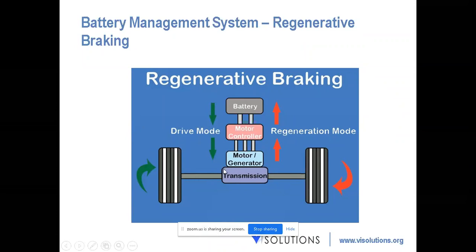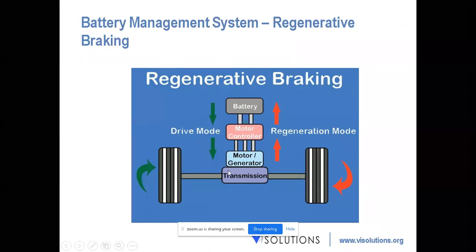Nowadays, regenerative braking is also a thing. If you want to collect energy when you stop, instead of using normal mechanical stopping, you do regenerative braking. For that you need a separate controller which can act as both an inverter and a converter. So the motor controller should be modified for that.